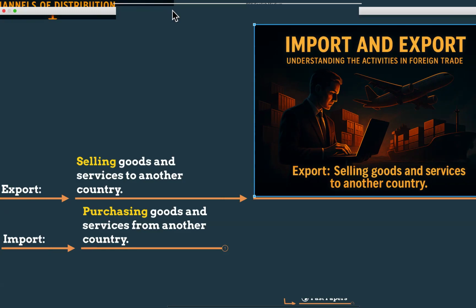At the same time, it will create some jobs locally, because if you want to export, your goods are manufactured in Sri Lanka. So it will create employment opportunities for local people. And also, you can promote that it is made in Sri Lanka. It is our goods, our products. We are proud of our exports. Can you remember? Sri Lanka is very famous for tea, my dears. Ceylon tea is very famous worldwide.